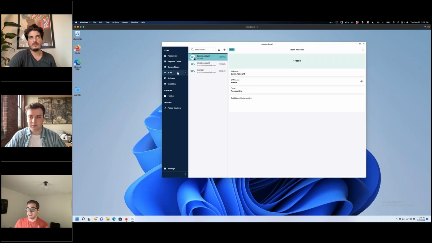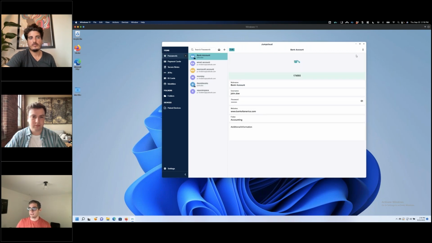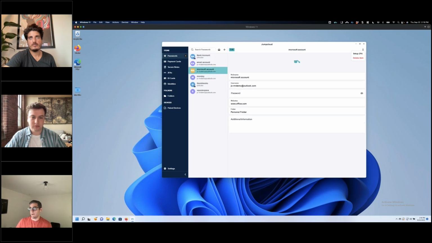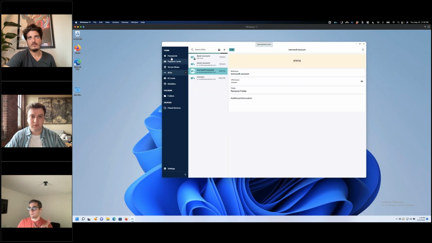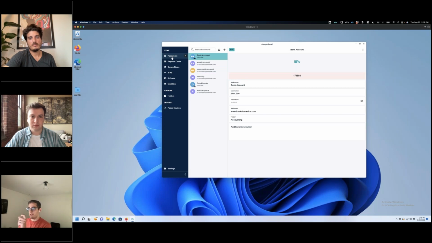This also does have a baked-in TOTP 2FA authenticator. So much like something like Google Authenticator, you can copy and paste that secret. You can even attach it to a password. So for instance, if this one did have 2FA, and I want to add 2FA here, you can simply do this, type in a secret, and once that's attached to it, forever that password and that item and that code will be saved together. So anybody who has access, either myself or an additional user, will have access to the TOTP code as well,